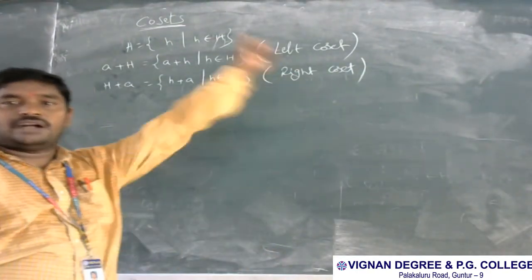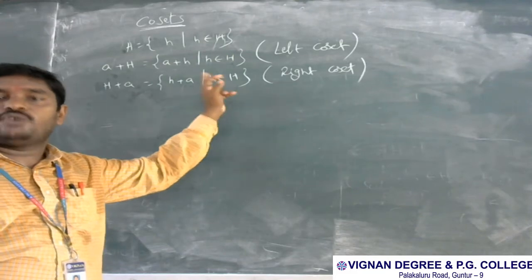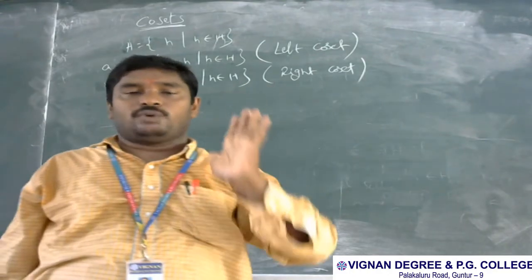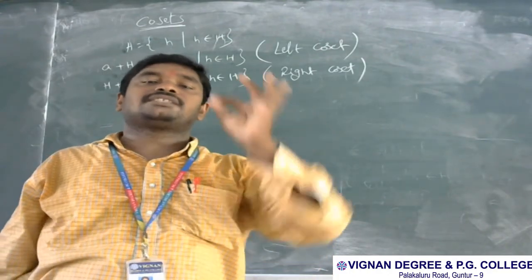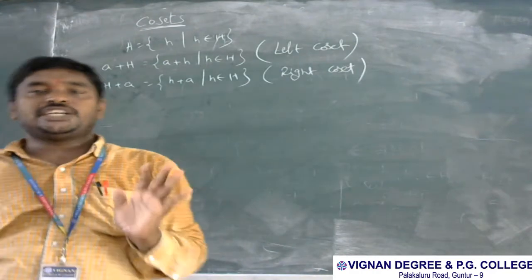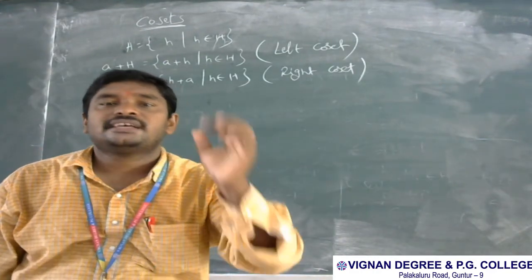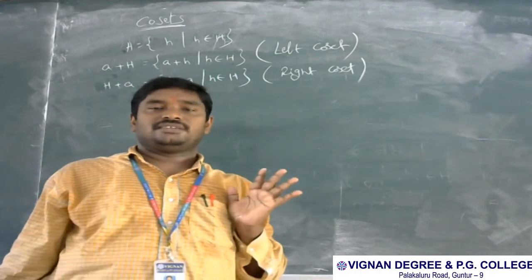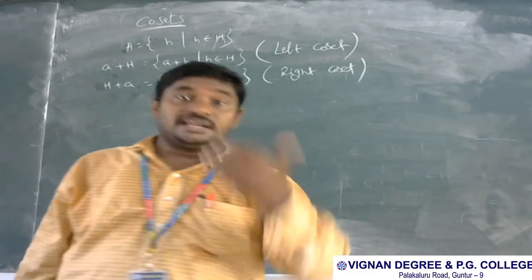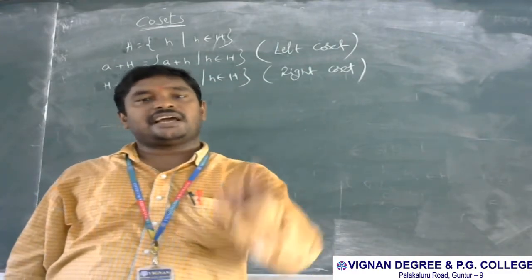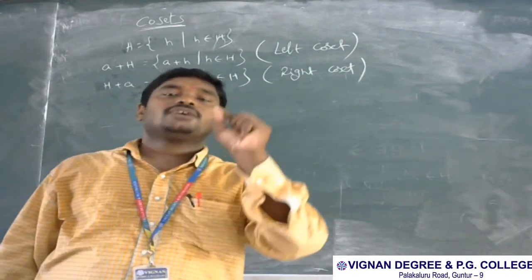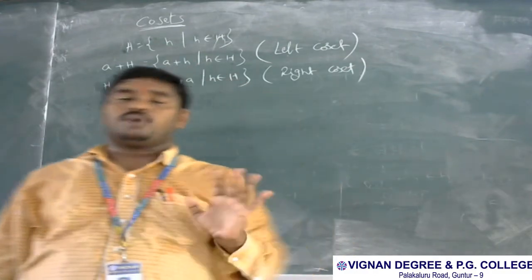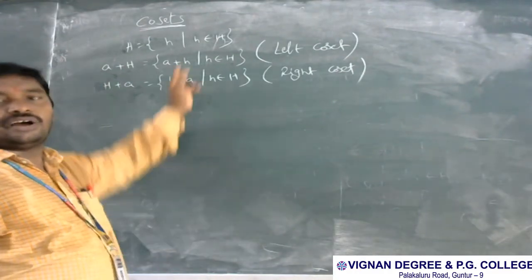Okay friends? What is coset? What is left coset? What is right coset? If both cosets are equal, then simply we can write coset. If you mention only coset, that means left and right cosets must be equal. That's why in your 9th or 10th class, in SSC, CBSE or ICSE syllabus, they mention only set, not coset. Why? Because left and right cosets are equal. Okay friends, this is called cosets.